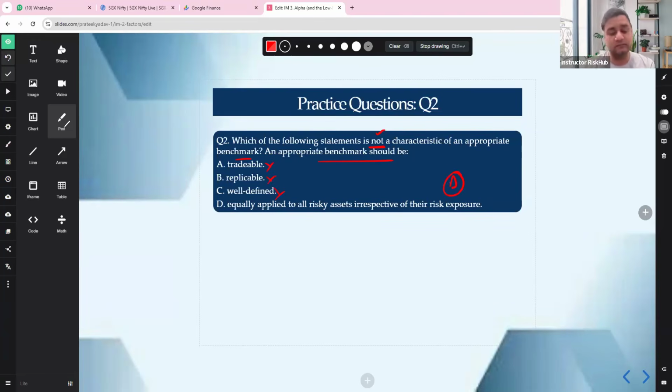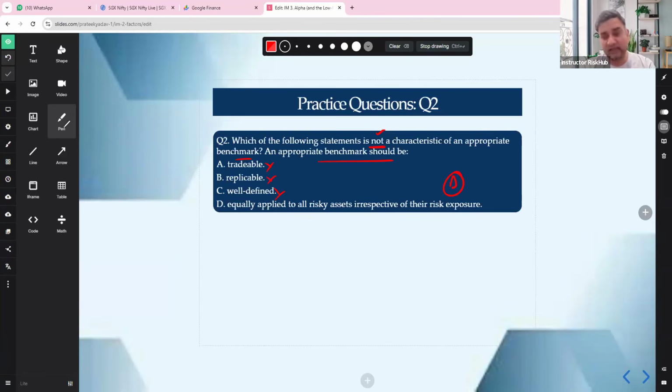Let me explain it, right? See, why D is wrong, right? And we are looking for the wrong answer. So this is the correct answer, right? A good benchmark must match the risk profile, right? So not all assets have the same beta, not all assets have the same volatility, not all assets have the same factor exposure,